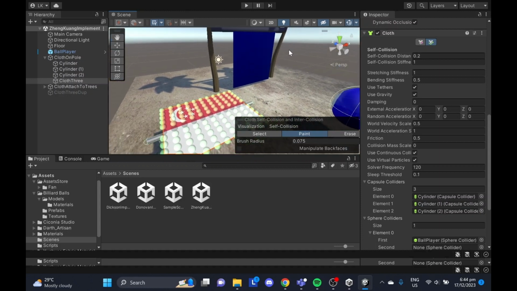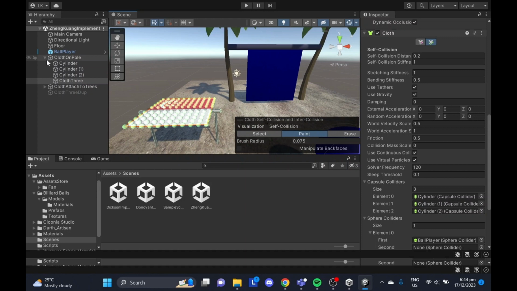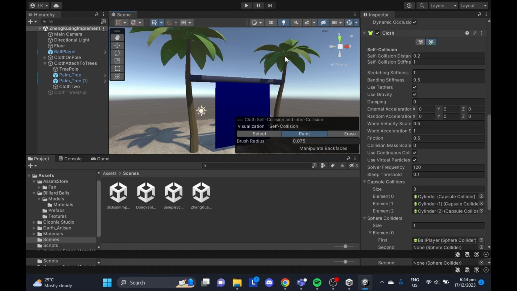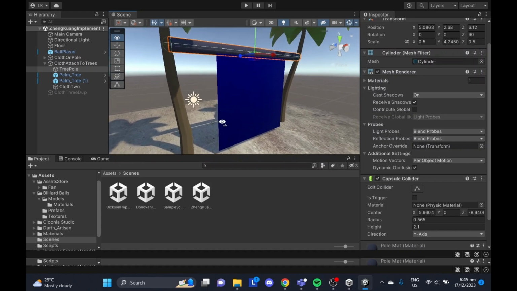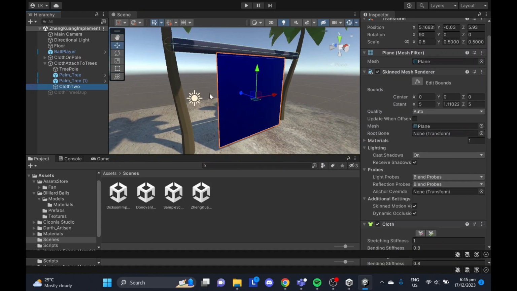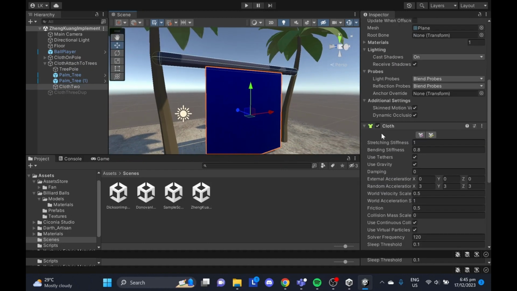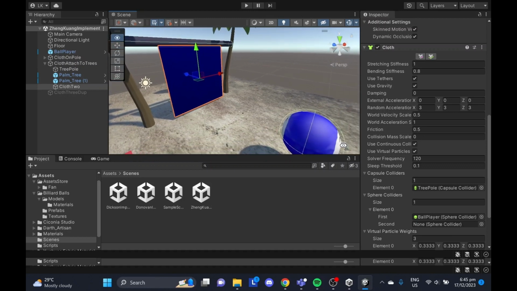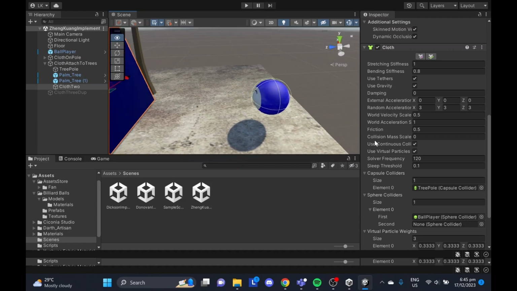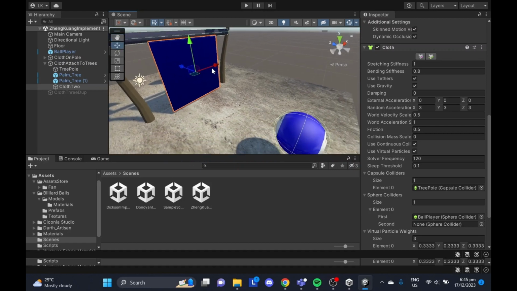Now my next implementation is the cloth that is attached to a tree pole. I have 2 trees over here. These are just normal assets, and I have a tree pole over here, and a cloth attached to the pole. I set the stretching stiffness to 1 again because I do not want the cloth to stretch at all, because in this implementation I'm going to use a ball-like object and run through the cloth. I'm going to show you how the cloth is able to deform realistically